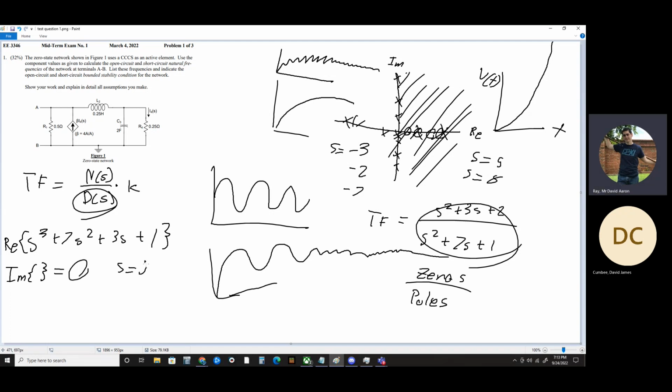Since s equals j omega, you're going to substitute in j omega for each of these pieces. And then the j's are either going to cancel out, because j squared equals -1, so now it's a real component, or j cubed is going to equal -j, so now this would be an imaginary component since there's a j left. But essentially you're saying for all the imaginary components, you're setting them equal to 0, where you're saying